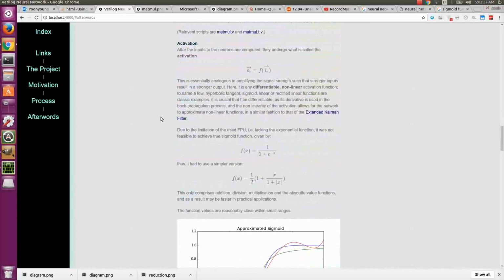And after matrix multiplication, it's just vector sum, which is very easy. It's just the addition module from the FPU applied to multiple different inputs at the same time. So it's simultaneous. And then after the addition is obviously the activation part, which is